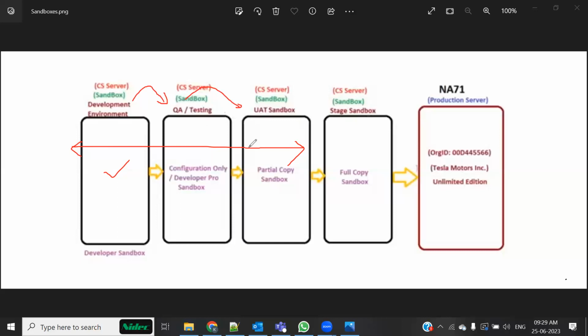the deployment to UAT, and then I ask the UAT teams to perform the testings over there. Once UAT has given this sign off, उनका कहना है कि हाँ सब कुछ सही है, उसके बाद मेरा रोल खत्म हो जाता है, ठीक है। Then there is a separate team which would perform this movement from UAT to the full copy sandbox, whatever will be the name of that stage sandbox, ये वैसे उसका नाम हो आगे। तो